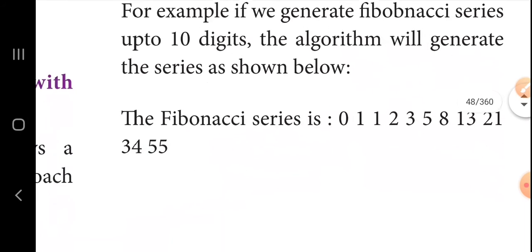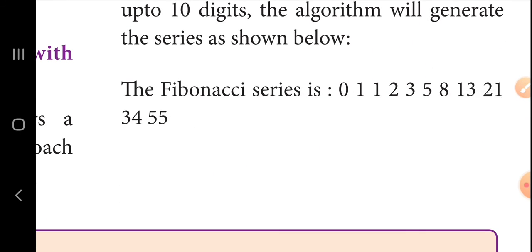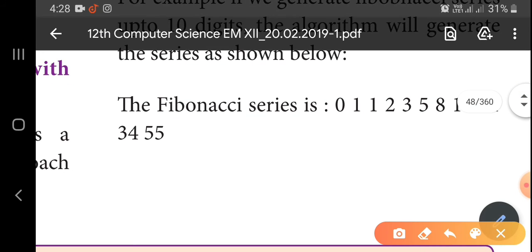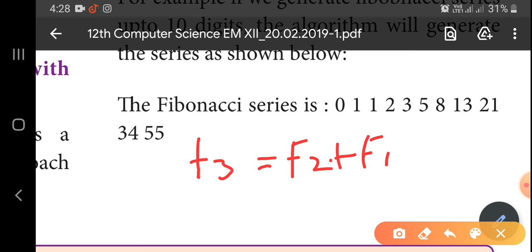Okay, now I will write and show you how the values are generated. For example, now I will generate the value for fib of 3. If you want to find the value for f of 3, how can we calculate? f of 2 plus fib of 1. What is the value for fib of 2? We don't know the value for fib of 2. So f2 is equal to, we calculate from the previous two numbers, f of 1 plus f of 0. Now we know the values for f of 1 and f of 0.